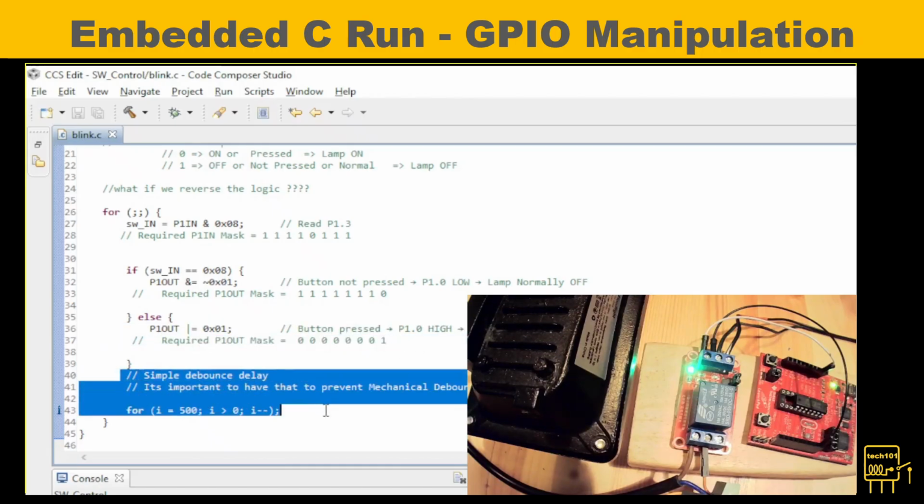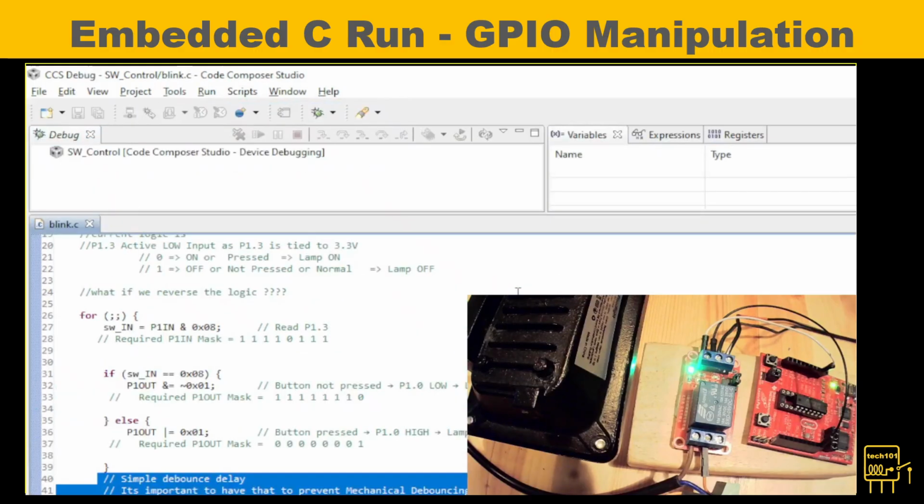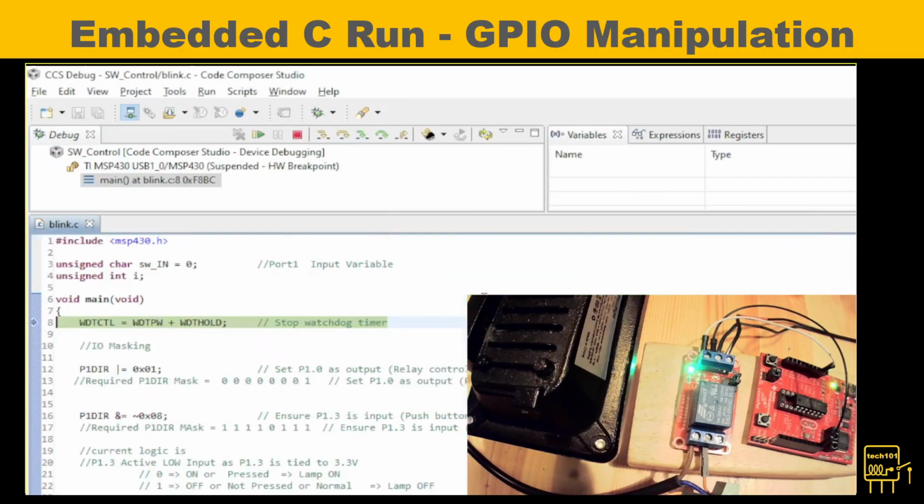The last section of software is the mechanical software debouncing solution, by inserting a delay before sampling the input again. Let us compile, download, and execute the lamp control program. Hitting the Run button on the Code Composer IDE will automatically compile and download the software program to the target MSP430 microcontroller